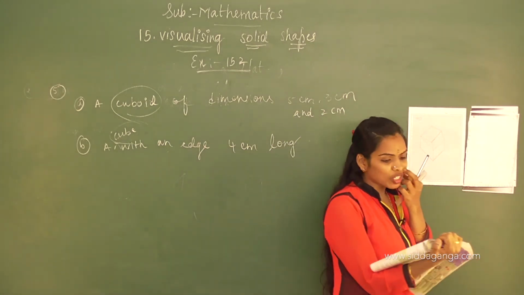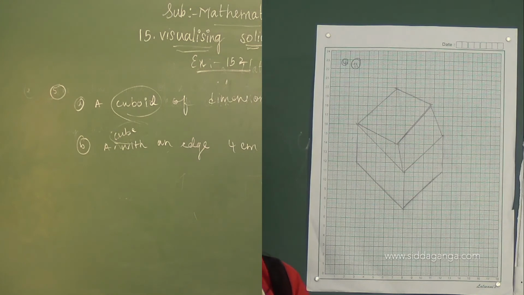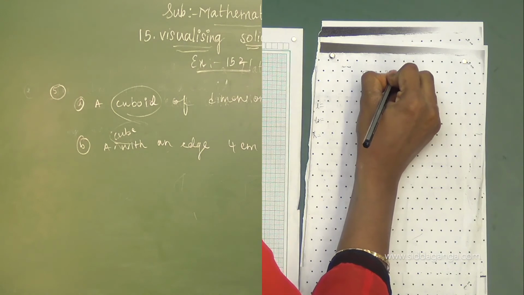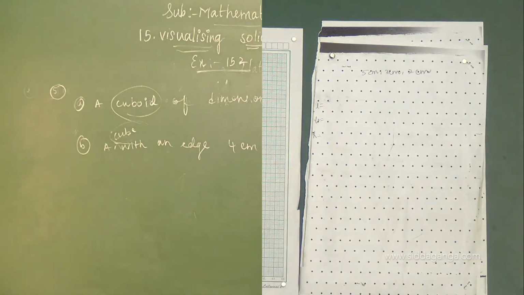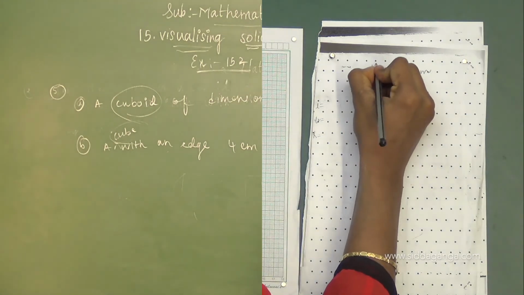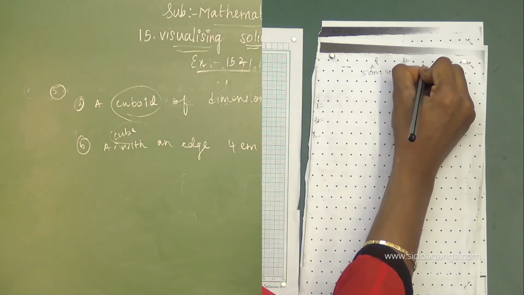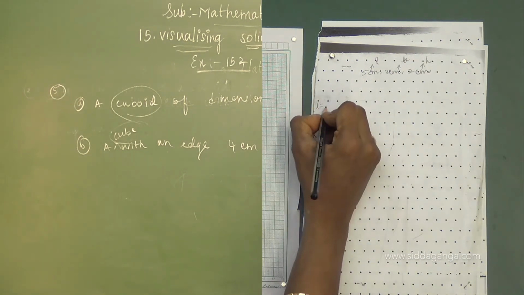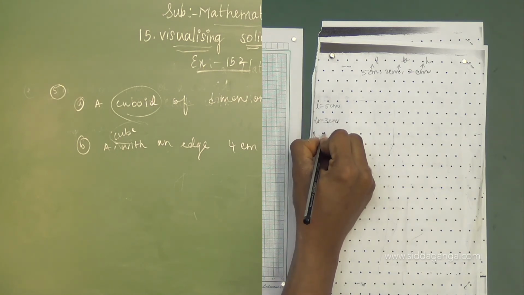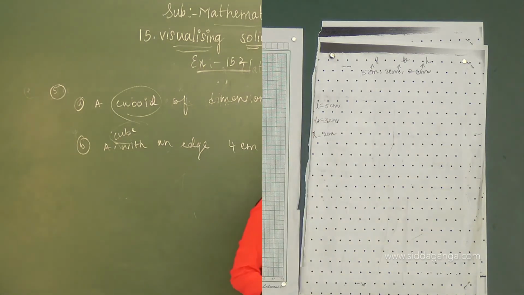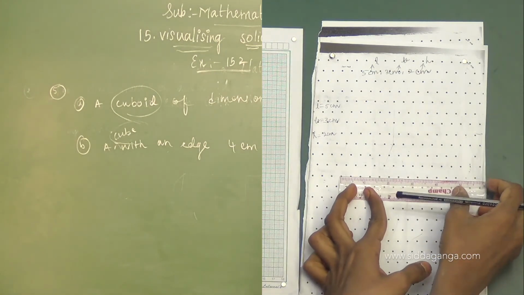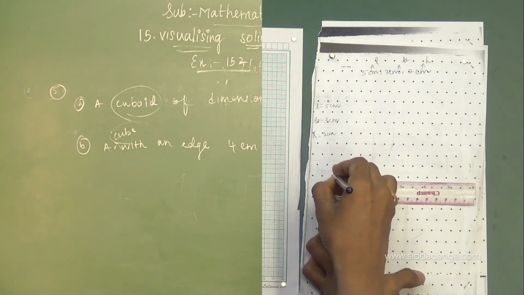What are they giving as the dimensions of a cuboid? L equals 5 centimeters. They are giving the dimensions like this: 5 centimeters, 3 centimeters, 2 centimeters. How I told you children, how we have to take these dimensions? This one you have to take as L, this one B, and this one H. That only have to write here: 5 centimeters length, 3 centimeters breadth, height 2 centimeters. Correct? Here the base, what we have to take? Length. Length of the cuboid is 5.